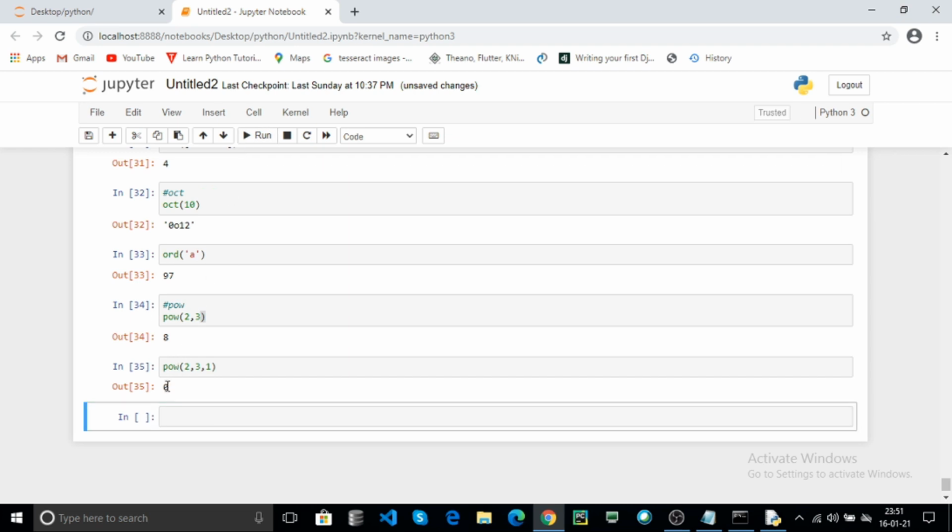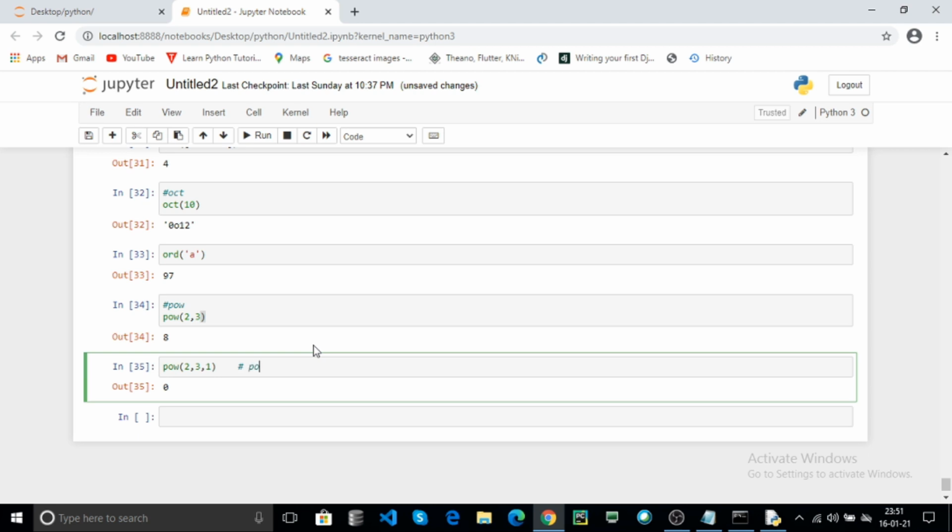Here it returns 0. How the function works: it checks the power of 2 comma 3, which returns 8. After that it checks again within the function 8 mod 1, and it returns 0.